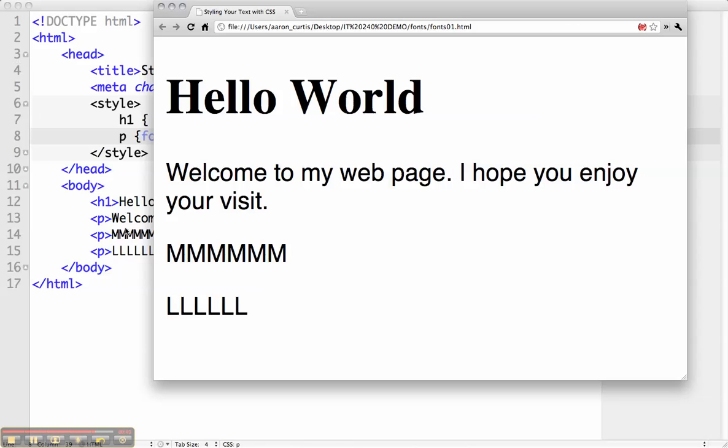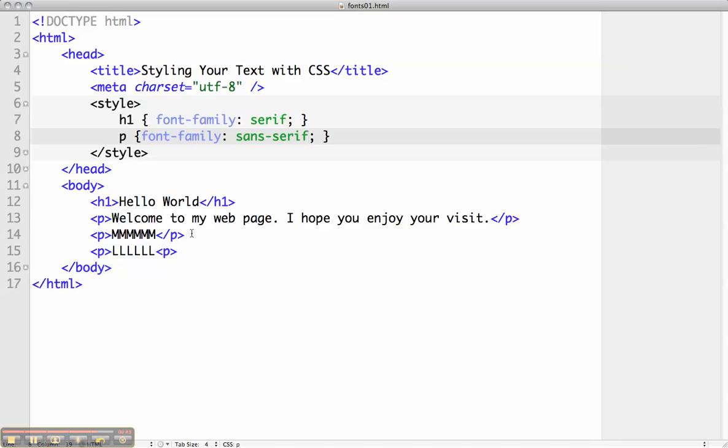So we've talked about 3 separate types of font families: serif, sans serif, and monospace. In a future video, we'll talk about 2 others: fantasy and cursive. But for now, this will take care of most of your